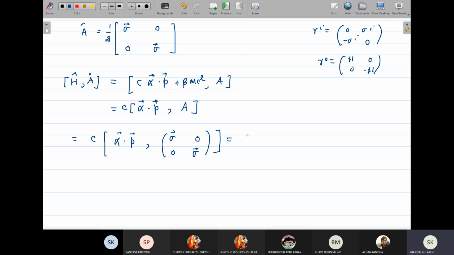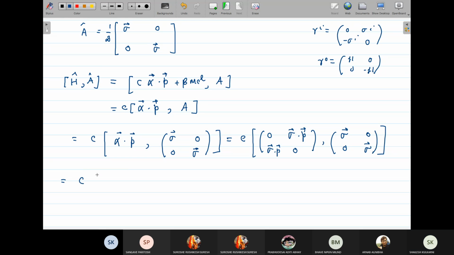But now what is alpha? Let us substitute for alpha. Alpha is 0 sigma dot p, sigma dot p 0, and its commutator with sigma 0, 0 sigma. So what is this? This is c times